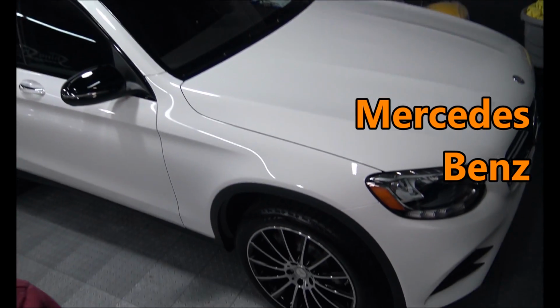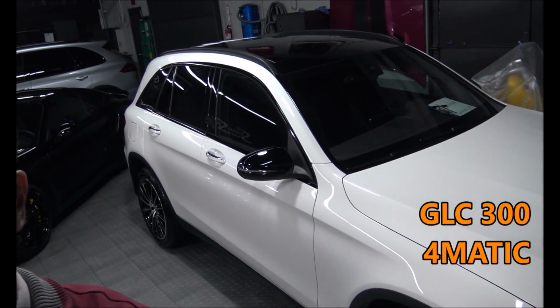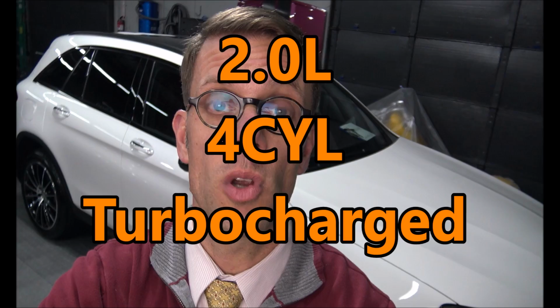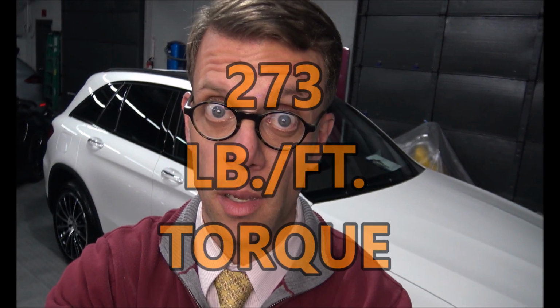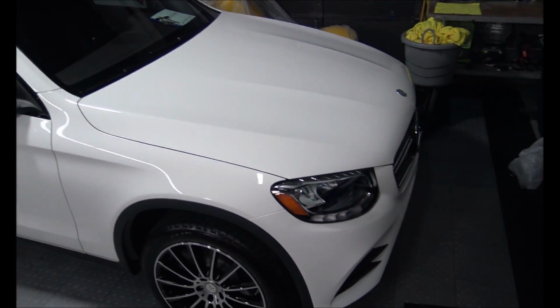And in today's video, we're going to be taking a look at a 2016 Mercedes-Benz GLC-300 4MATIC. It's a really neat vehicle. 2-liter turbocharged engine, tons of torque, incredible dynamic suspension system, and a beautiful interior. This is an excellent vehicle. We're going to go over the interior, the exterior, how to work the features inside, the radio system, climate system,